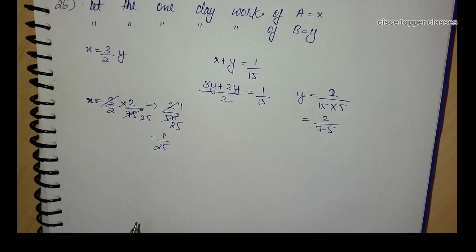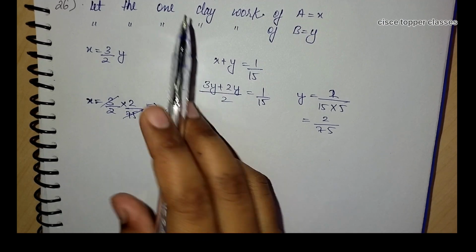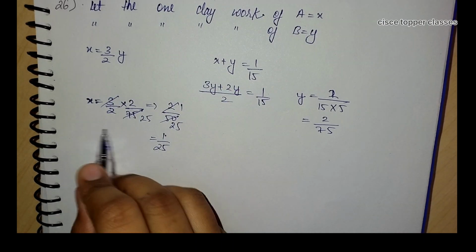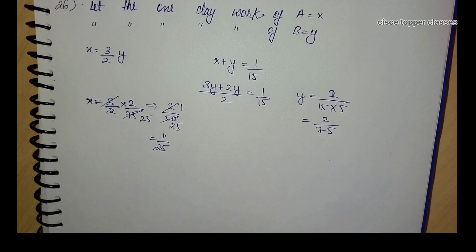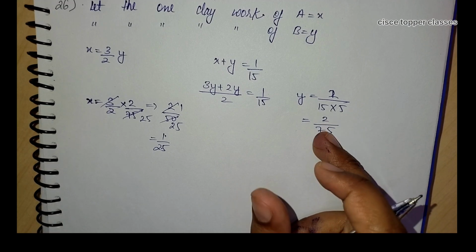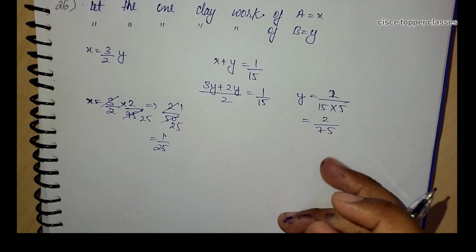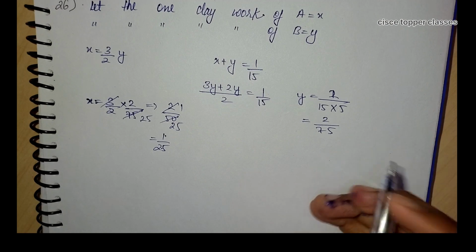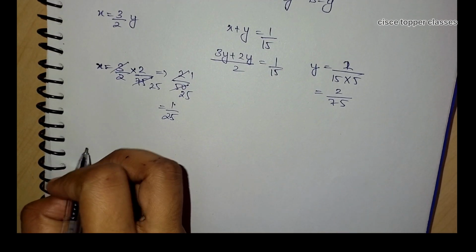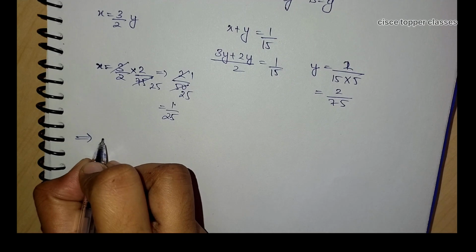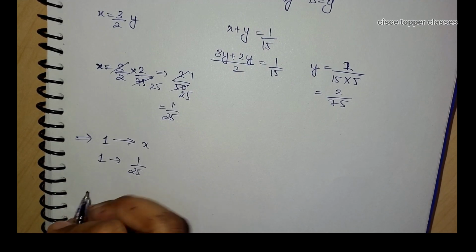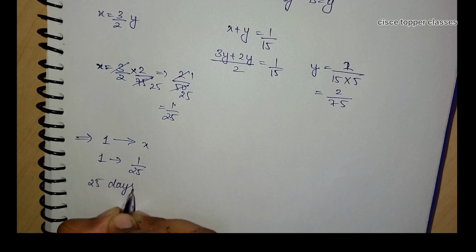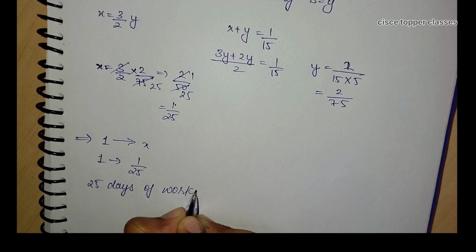Now the A can do the work. It is asked that in how many days can each do the work. Means one day work of A is this. So in 25 days A can do the work, and then 2 by 75, means 1 divided by 2 by 75 will be the days in which B will complete the work. So let us write here. Here one day work is X, means one day work is 1 by 25. So 25 days of work will be needed